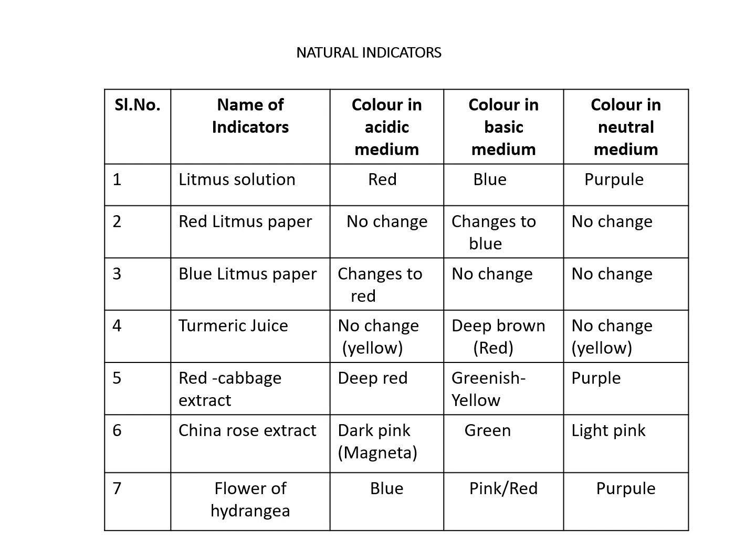Now one of the indicators that we will find in our household is turmeric juice. Turmeric is a powder that is used for cooking our food, and it can also act as an indicator. How? Suppose you are eating something and some food falls on your clothes, then there is a yellow stain of turmeric there. What happens to that yellow stain? If you add an acidic solution there, for example a little bit of lemon, there will be no change in color, the yellow color will remain the same.